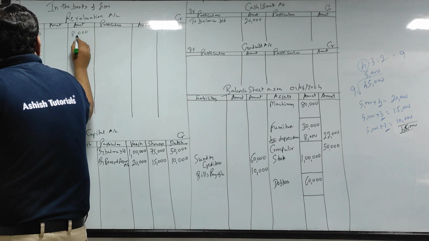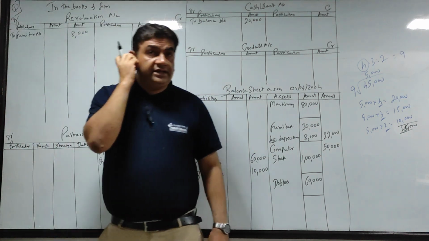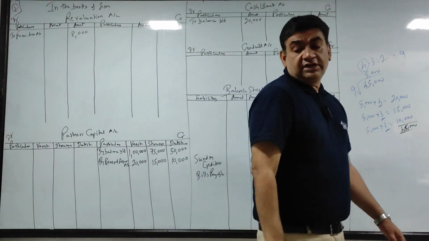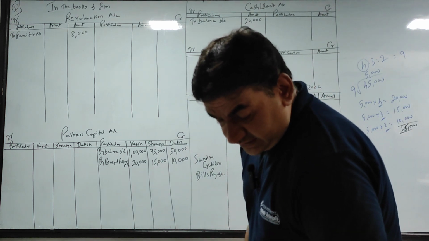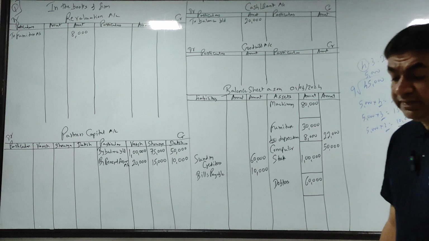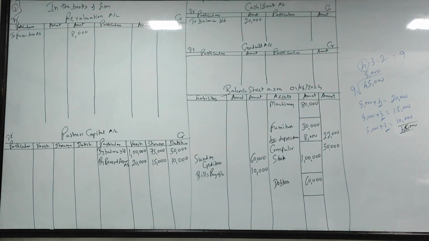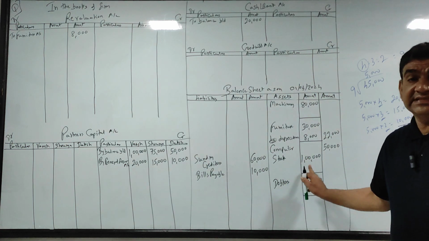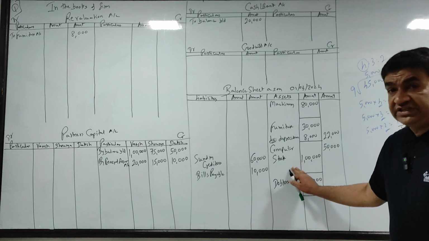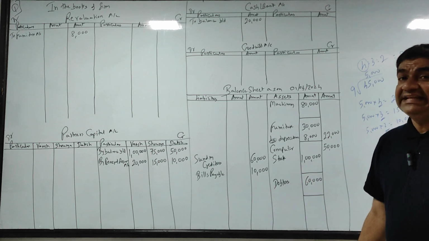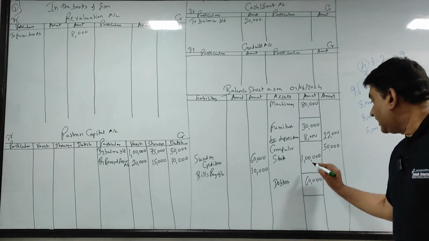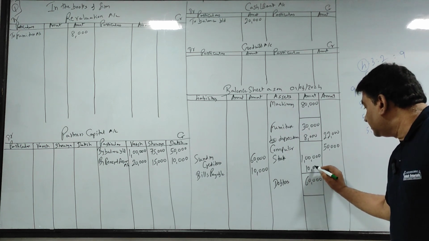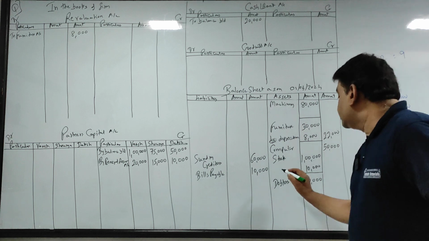To furniture account 8,000. Okay. Next. Stock appreciated by 10%. Stock is 1 lakh. Appreciated means you have to increase. 1 lakh ka 10% is 10,000. So I will add. So below stock,